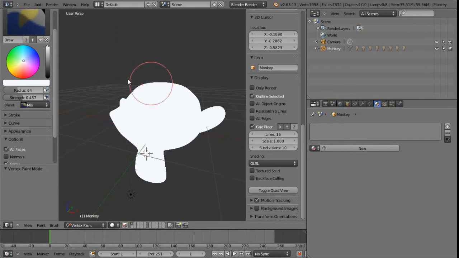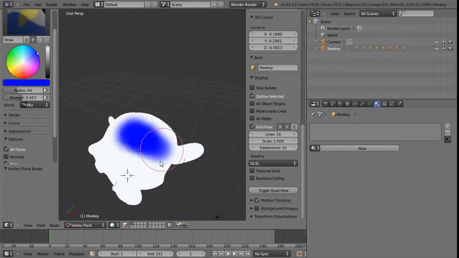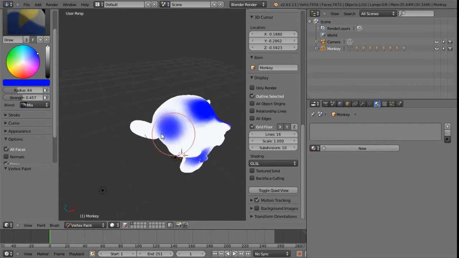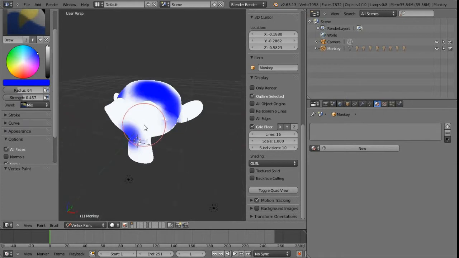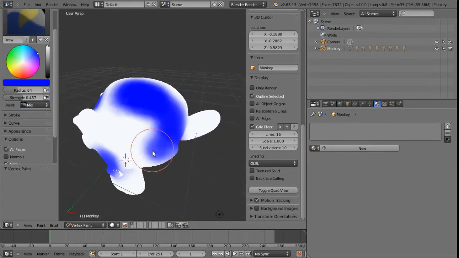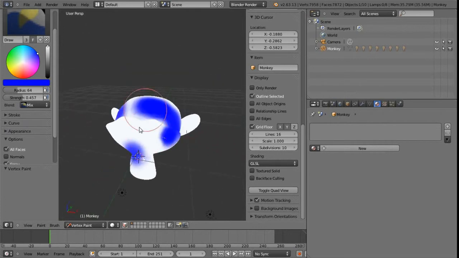In fact, we can see in the 3D view we get this red circle denoting the radius of the brush there. So I'm just going to drag on the colour wheel and switch it to this blue, and then just left click on the object, and we can see we've started to paint on the vertices there, and it's as simple as that. So the vertex painting mode is kind of the default method within Blender,